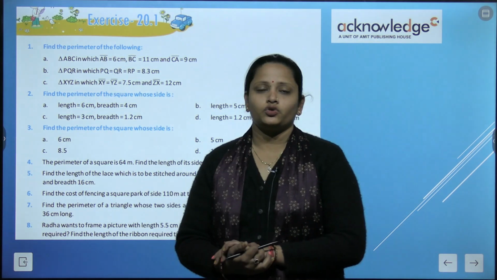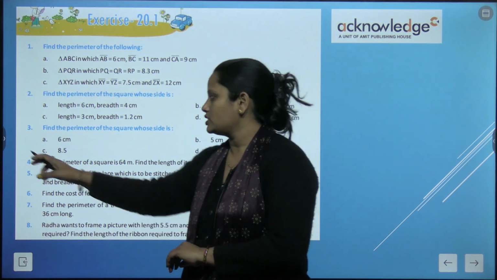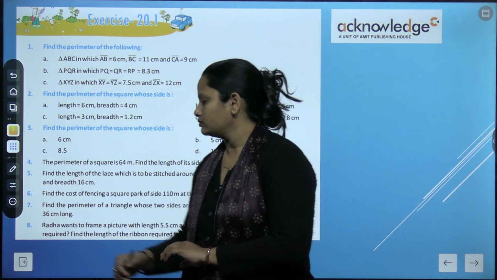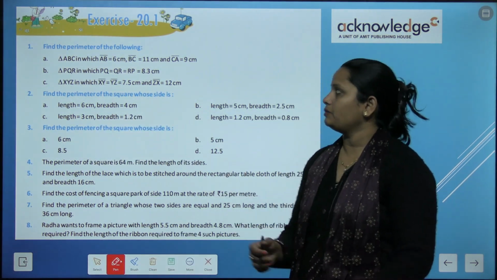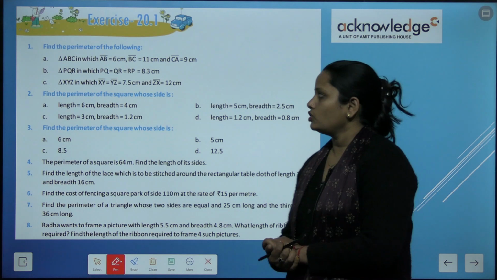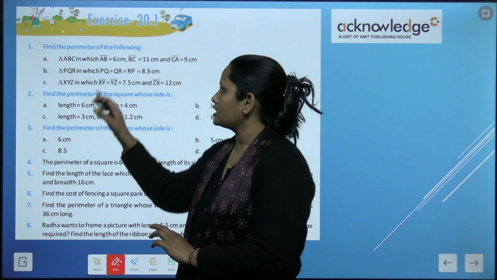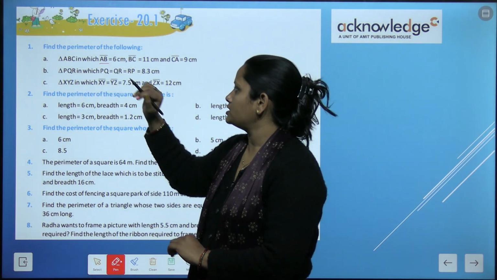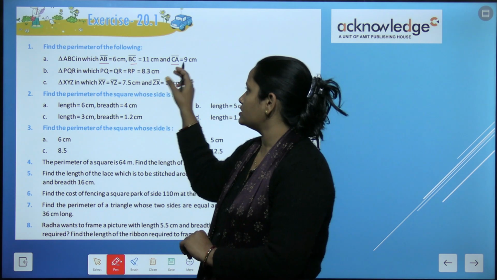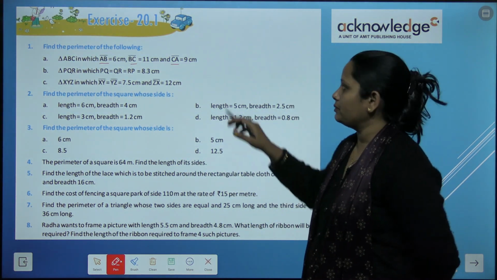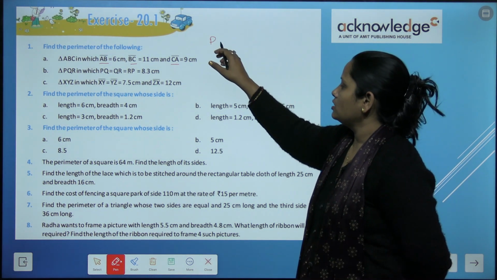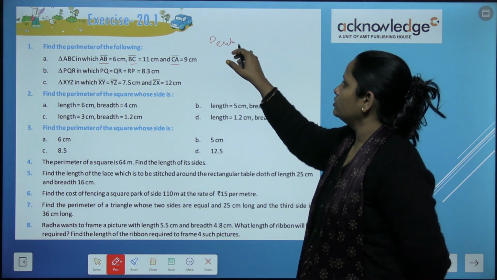Now let's move on to exercise 20.1. Here the first question is: find the perimeter of the following. So here a triangle is given in which AB is 6 centimeter, BC is 11 and CA is 9. So here how can we find out the perimeter? So the perimeter of